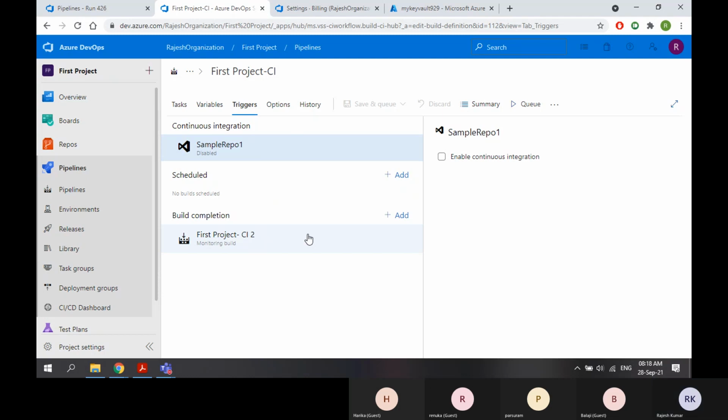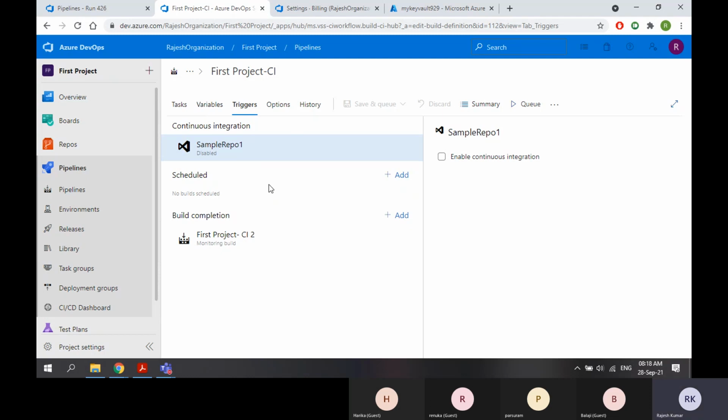Okay. So this is how you automate things. Whenever there is a change, whenever there is a schedule, or whenever there is a build which got completed, because of that build, you want to trigger your build. So this is automation. This is the major purpose of DevOps engineering. You are automating things which used to be manual.